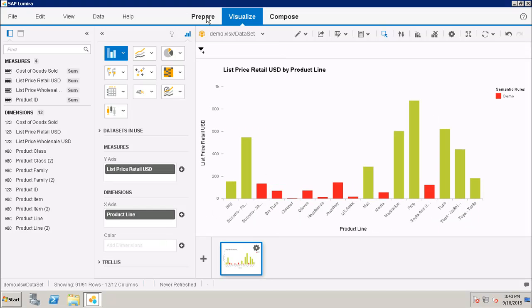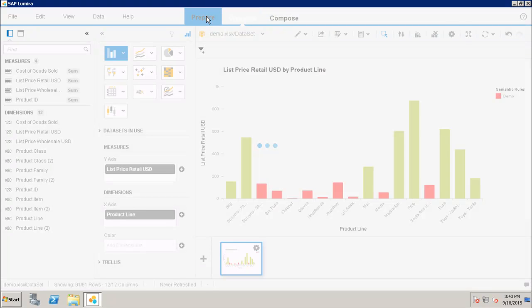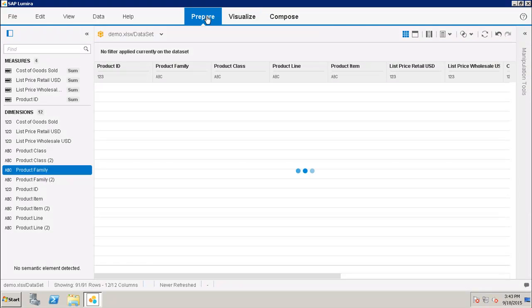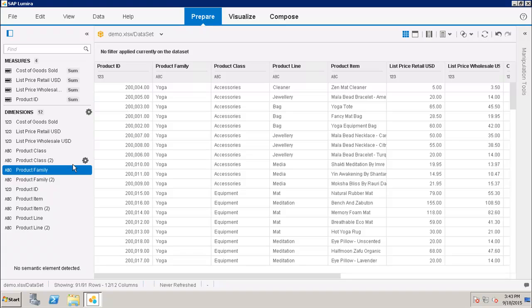Now, if I again go to my prepare room, we have the option of converting any measure into a dimension and any dimension into a measure. Sometimes what happens is my data set is not able to recognize the type of my column which is coming from the data source. In that case, we can easily convert it to the measure and we can easily convert the measure to a dimension.